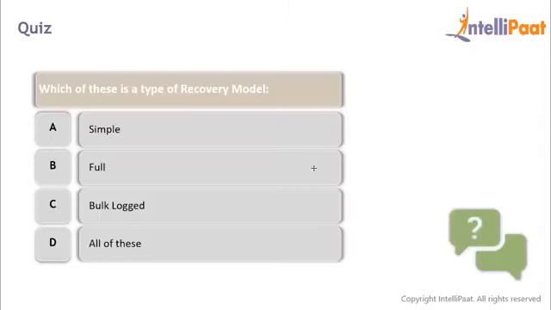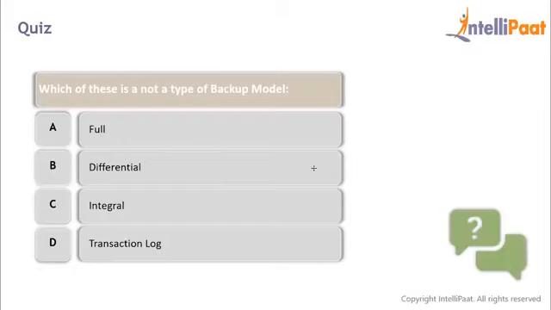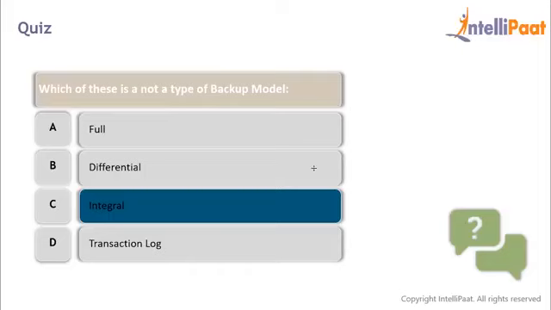So we have this pop quiz over here. So the first question is, which of these is a type of recovery model? So guys, what do you think? Well, all of these. So simple, full and bulk logged, all of these are types of recovery models. The next question, which of these is not a type of backup model? So we have full backup, differential backup and transaction log backup, but there is no backup by the name integral